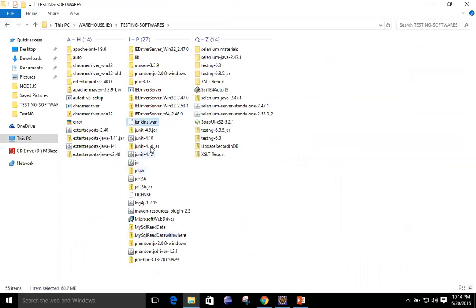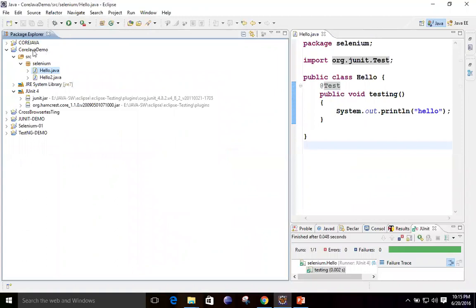Okay, yes. See what I have done, I have downloaded the JUnit jar files, some of the versions. Yesterday I was trying with JUnit 1.14 and it doesn't work successfully. So I still have to move to the previous version also. So I have downloaded 4.10 also. Again, there was some issue. So I have downloaded 4.9 and extracted it, and then you can give it over here. So how can you give those jar files to your project?